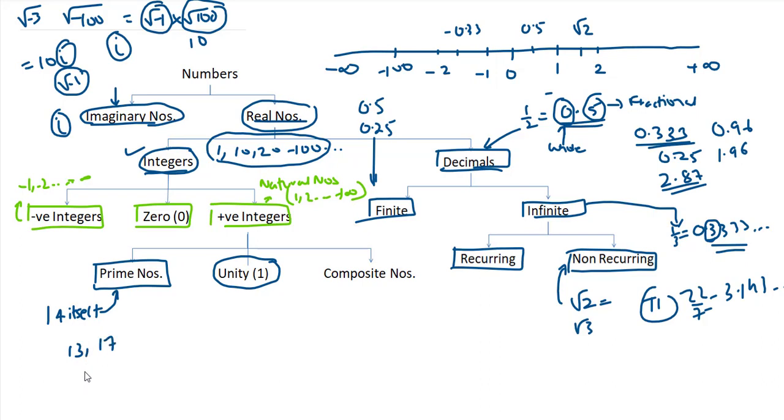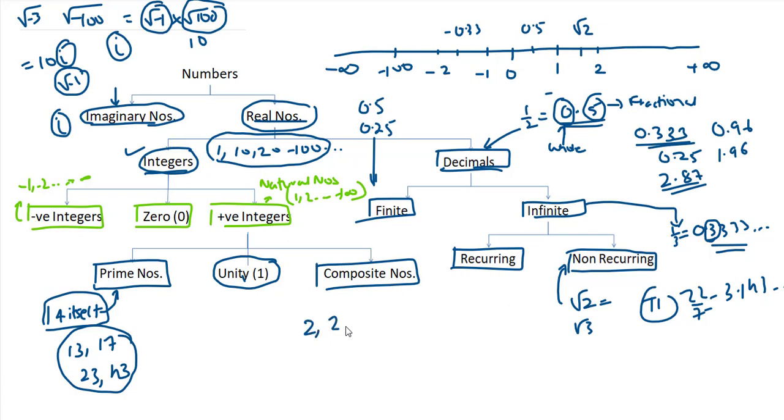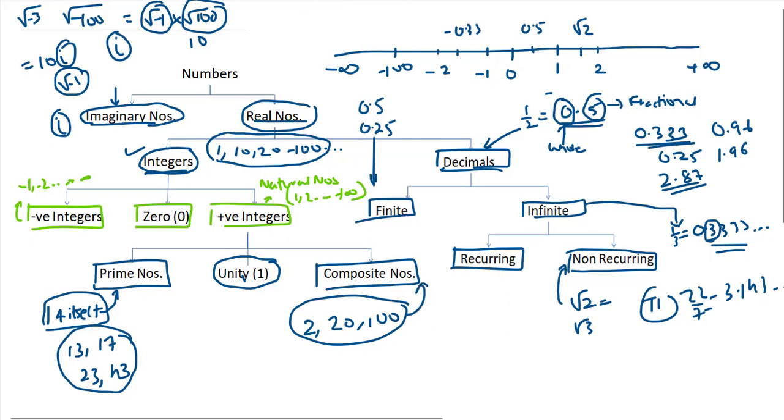17, then 23, 43. So all these numbers which are divisible by only 1 and itself are classified under prime numbers. Whereas all the numbers other than prime and unity are classified under composite numbers. 8, 20, 100. So all the numbers which are neither prime nor 1 are classified under composite numbers. One more important thing,